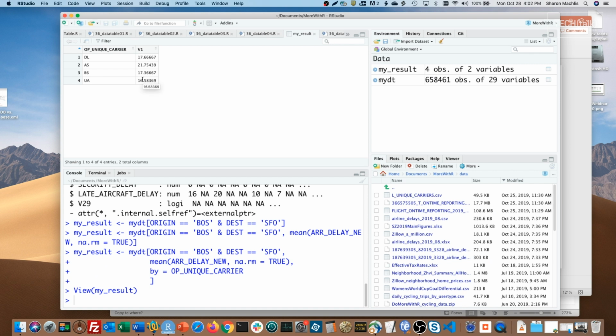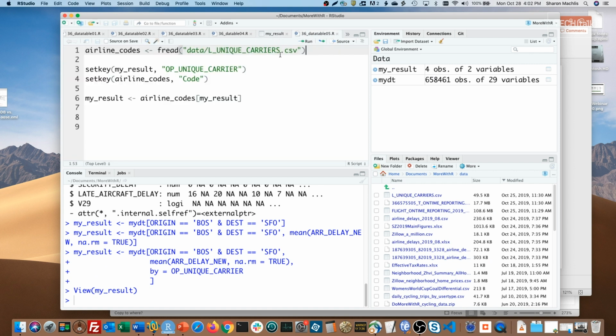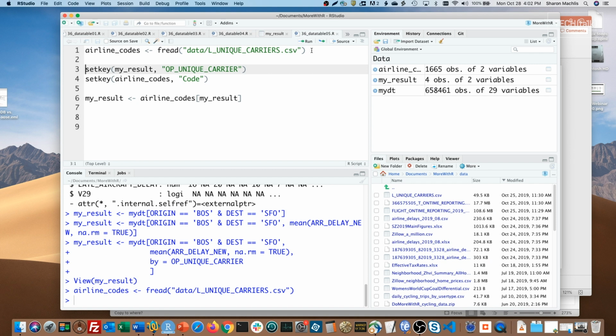Those airline carrier names aren't very intuitive. I don't have much time to go into joining tables, but quickly so you can see how easy it is. I've got a separate lookup table with airline codes and names, which I'll import with fread. Here's one way to do the join.